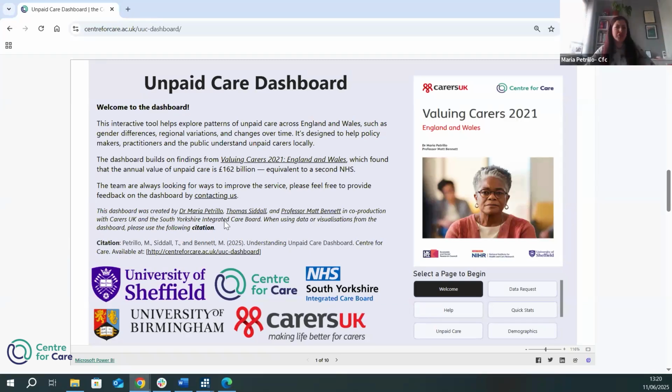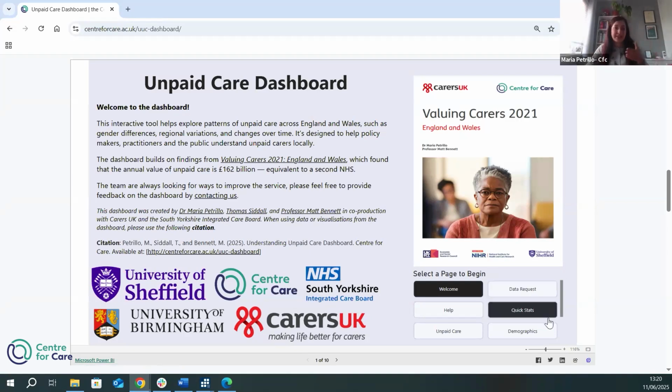Now, the welcoming page includes a summary of the project, our partners, the background of our work. I'm not going to go over these in detail again because we already did that in the slides. But here there are useful links like the link to our report, how to contact us, information about the author, the citation again, and some useful link to the website of our partners.